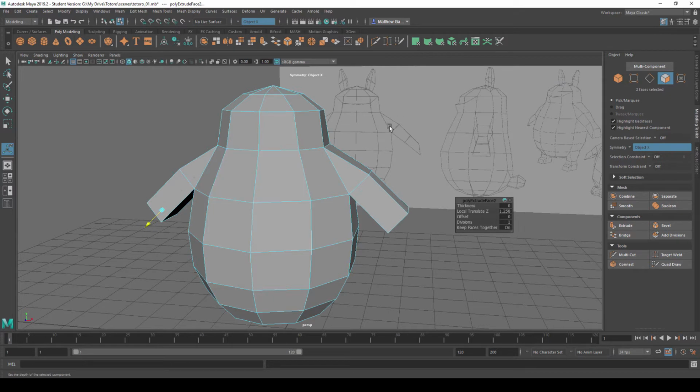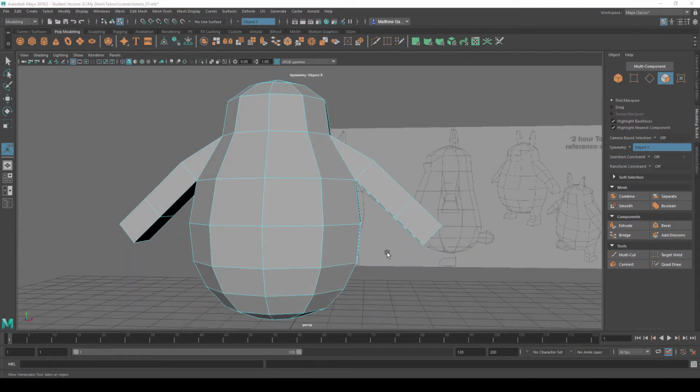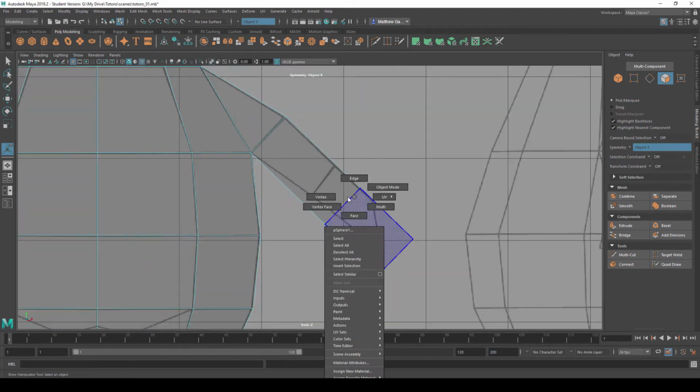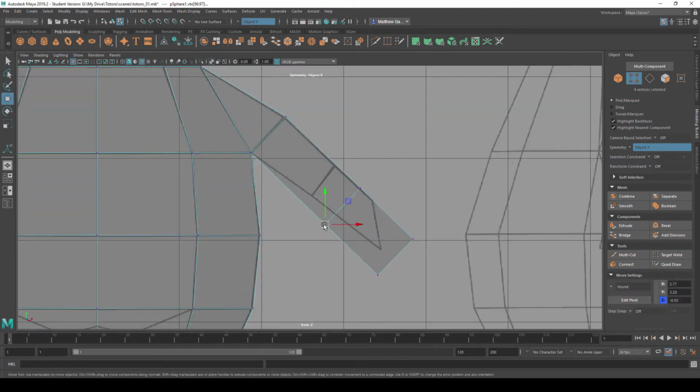So we've pulled out that one, so we've got that one, and we need one more extrude. Be careful with the extrude tool. It's very easy to end up with hidden faces in objects, so you just got to use it slowly and methodically. Go back to our front view, go back to vertex mode, and when I'm selecting vertices, you notice I'm dragging a box around them, so I'm selecting the ones behind as well. If you just click on one, look, it's only selecting a single vertex, so be careful of that. Always drag a box around them if you're selecting through. Okay, and I'll move those to here,